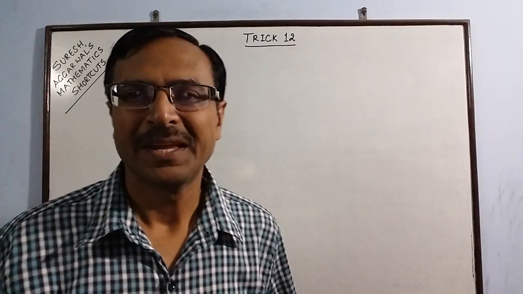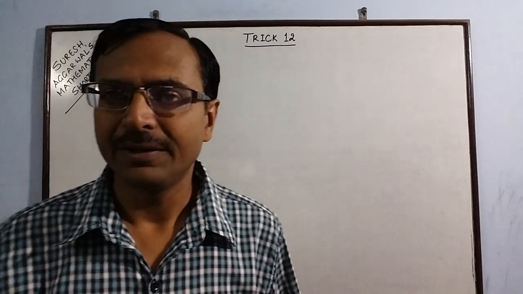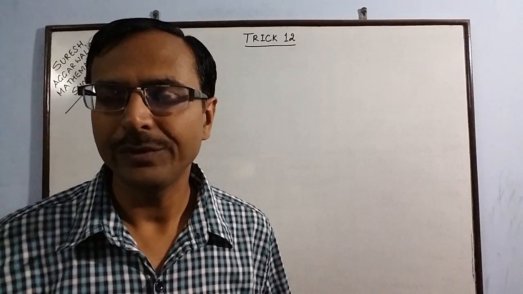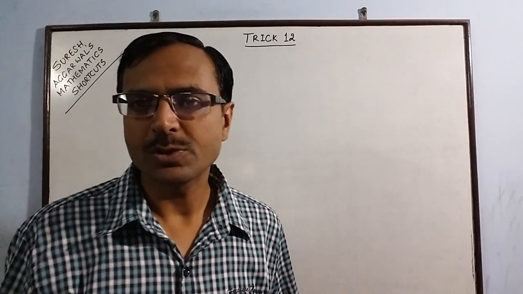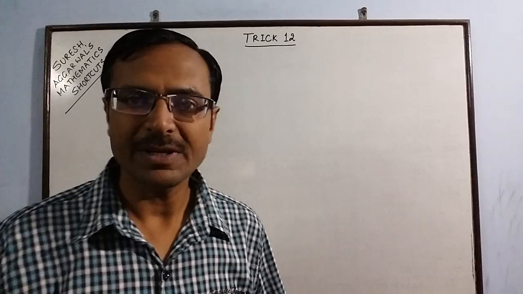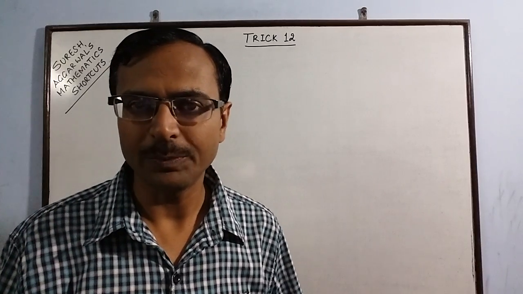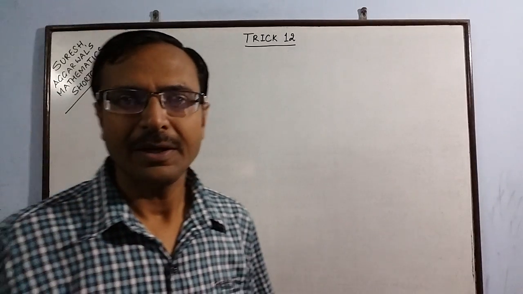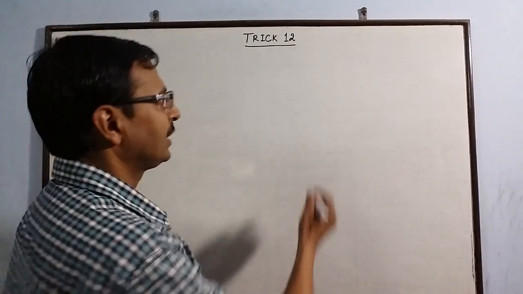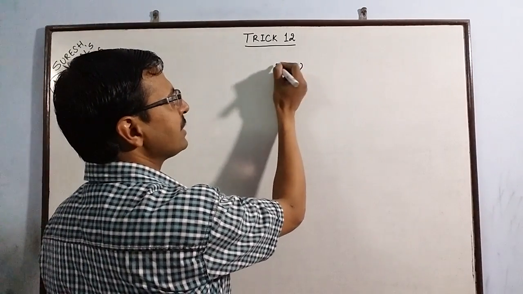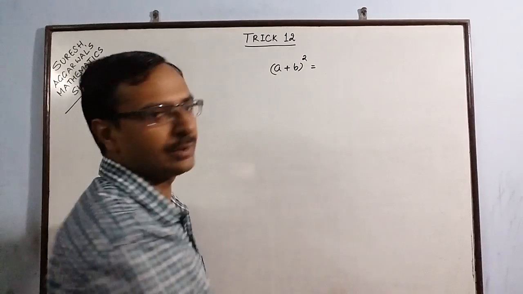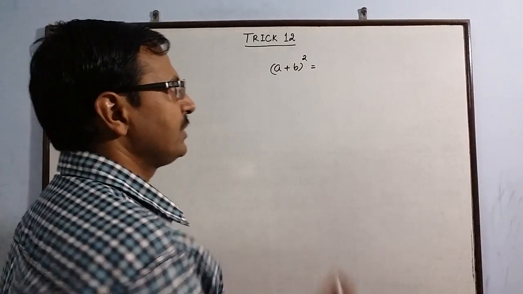Hello friends, in trick 11 we studied how we remember some of the algebraic identities like (a + b) whole square, (a - b) whole square, (a + b) whole cube and (a - b) whole cube. Let me just take a little glimpse of that. I told you when we have to write the expansion of (a + b) whole square, then we start from